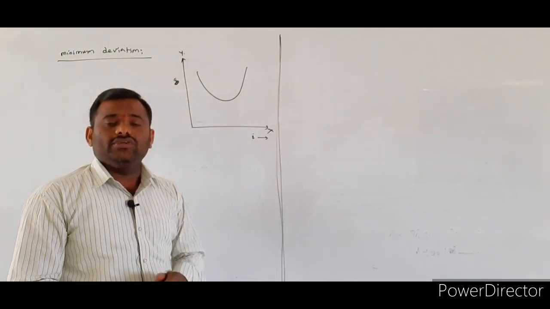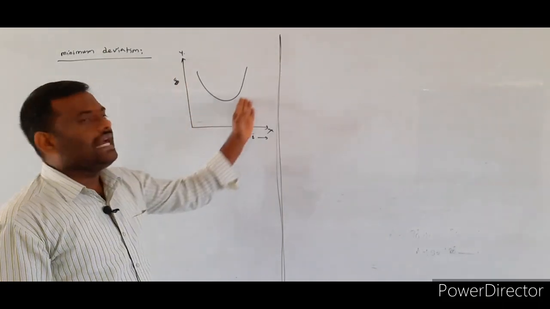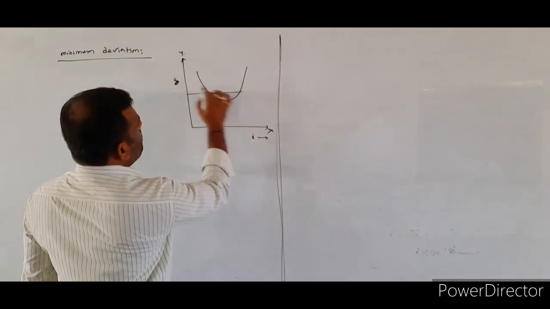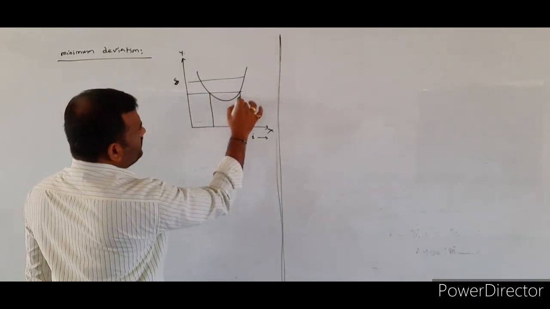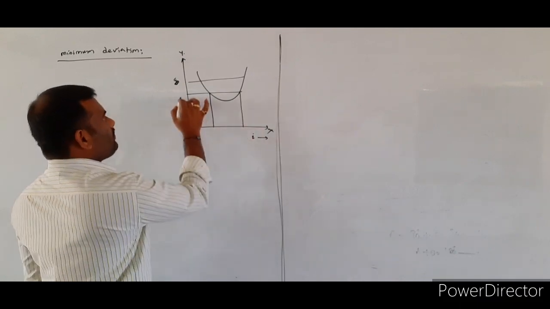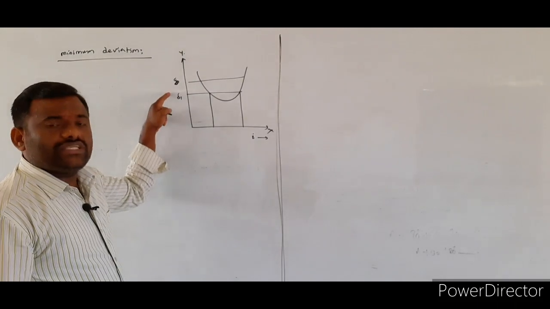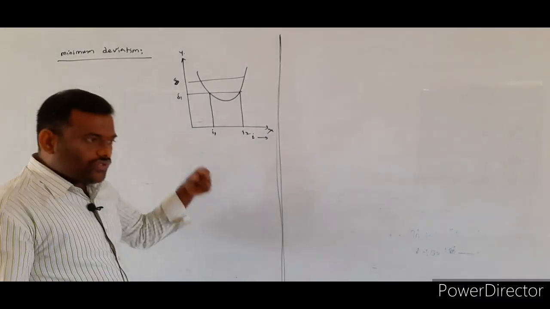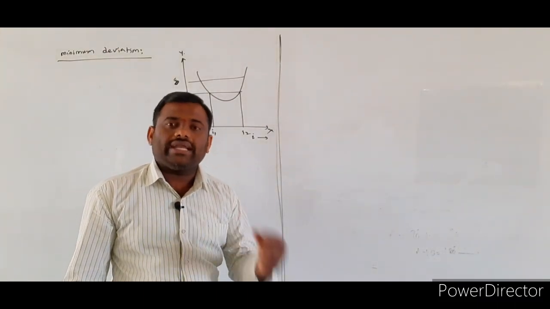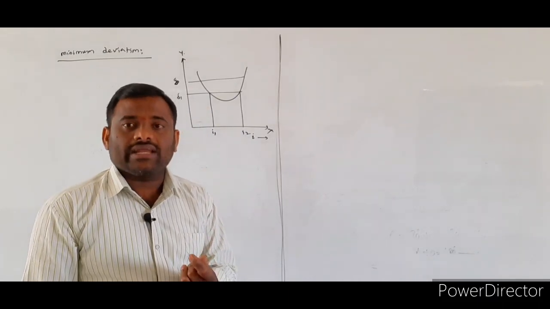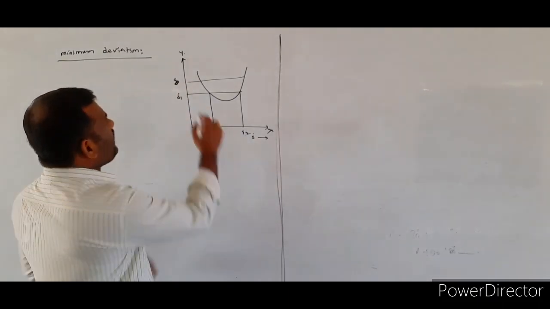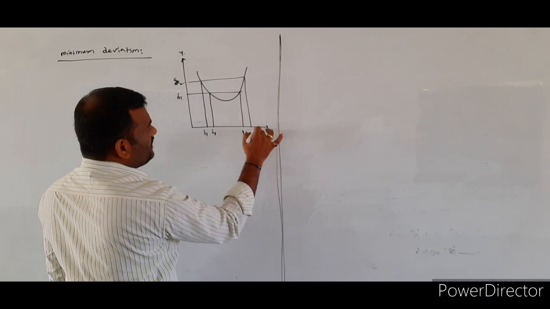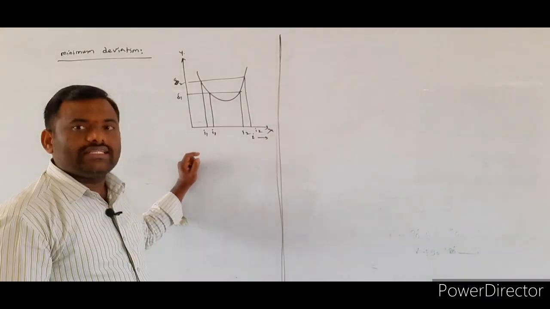By taking all these values, if you draw a graph, that graph will look like this. In this graph, at any angle of deviation, you will get two different angle of incidence values. Suppose let it be delta 1. At the angle of deviation delta 1, you get two angles of incidence, I1 and I2. In the prism concept, the first one is the angle of incidence, the second one is the angle of emergence. Suppose you take the angle of deviation delta 2 here, you also get two different values: the angle of incidence and the angle of emergence.